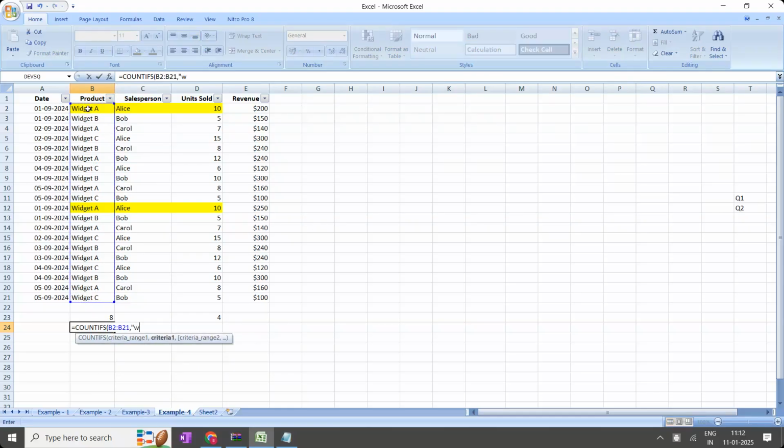I want to select widget A. Second condition: I'm going to select the units, and the condition is that it should be exactly equal to 10. This is my second condition. So in total how many records are there? 2 records. Clear? COUNTIFS.